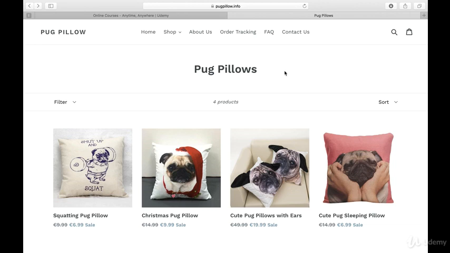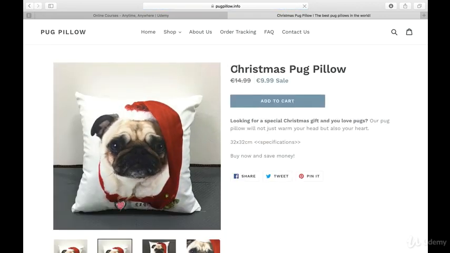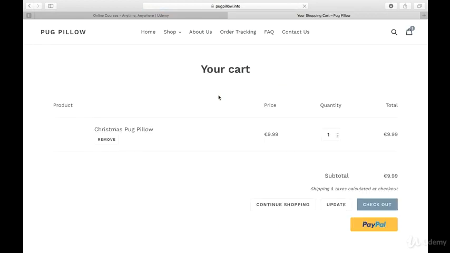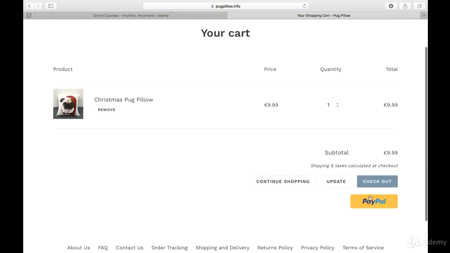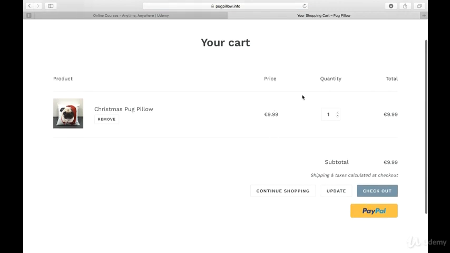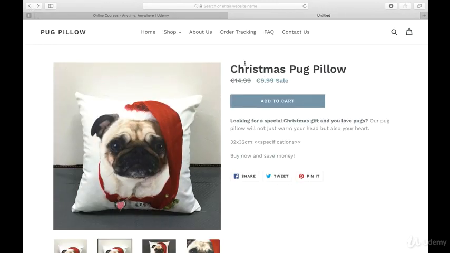And this is not just some kind of store. This is a functional store where people can go and purchase products. So for instance, I focused on so-called puck pillows. And you can see right here that this is a functional online store. Let's say I click on this photo right here and we can see, all right, Christmas puck pillow. I click on add to cart and then I can purchase this product right away. I can purchase it, for instance, via PayPal. So this is a properly functioning online store that generates sales, and I will show you step by step how